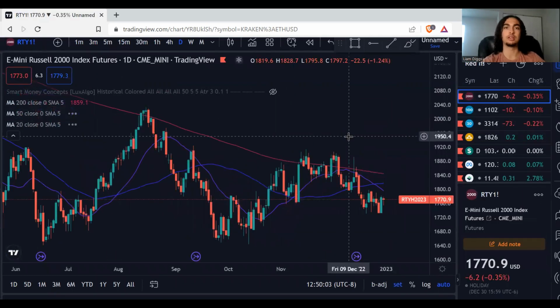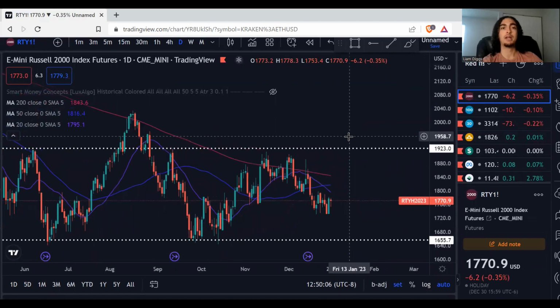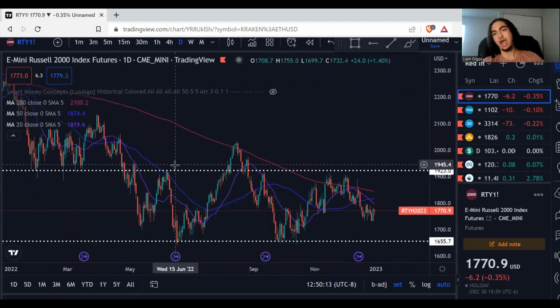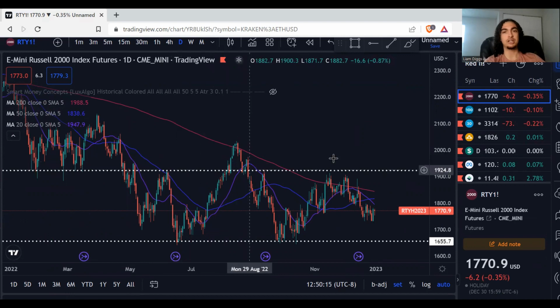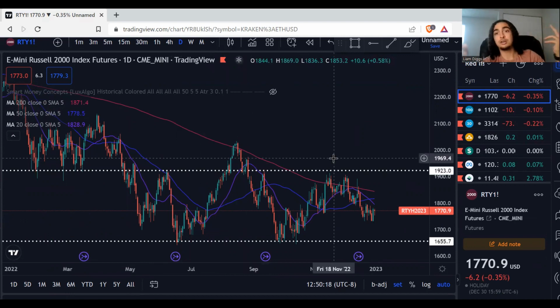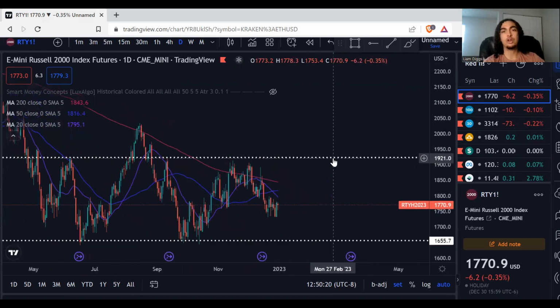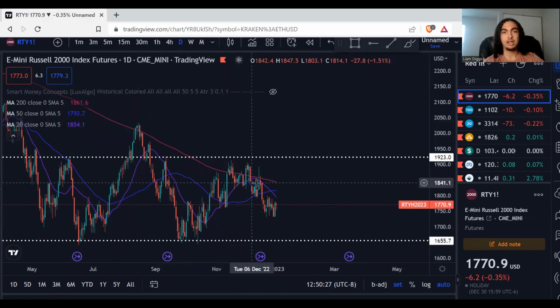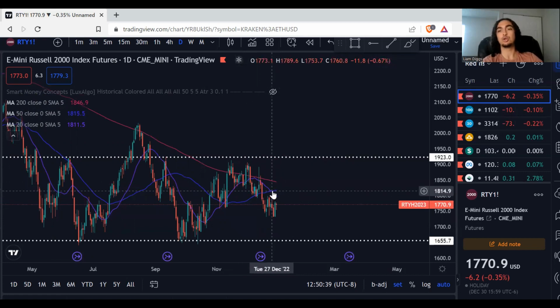We're going to start off on the Russell 2000, looking at some small cap stocks. If you've been around for a while, we've been stuck in this channel forever. Every week I come in here and I say, still stuck in this channel. What I'm looking for right now, you can see we rejected off the 200 back in August, and again this area gets a little bit messy, but this is a pretty clean rejection in mid-December, and since then we've just gone lower. You can see that our purple line has crossed our blue line. Our 20 moving average has gone through our 50 moving average, which is a bearish sentiment